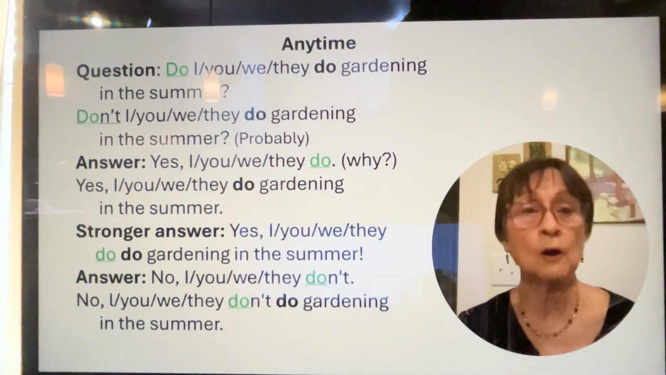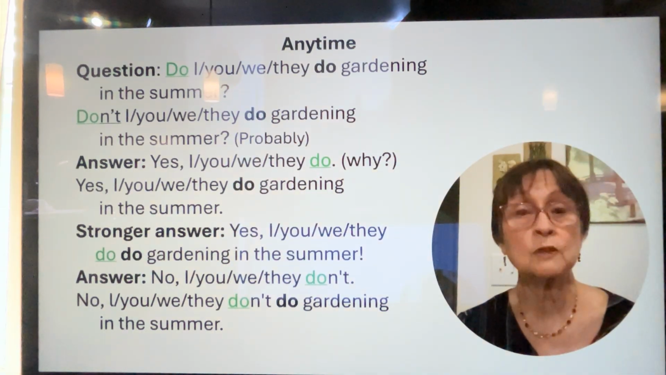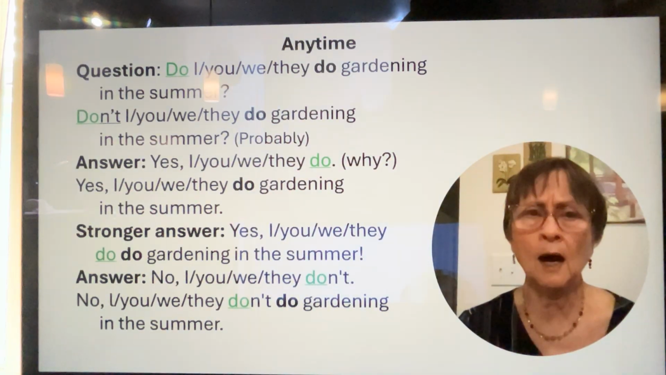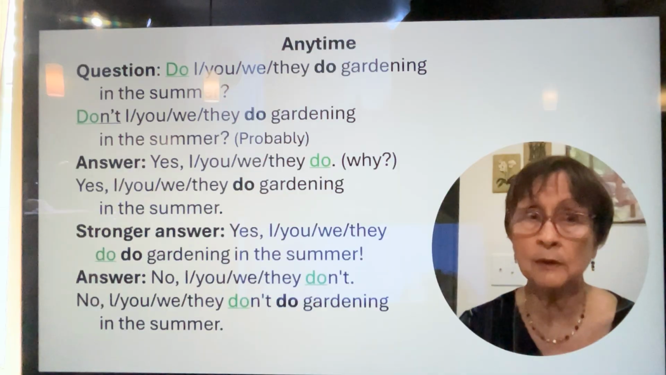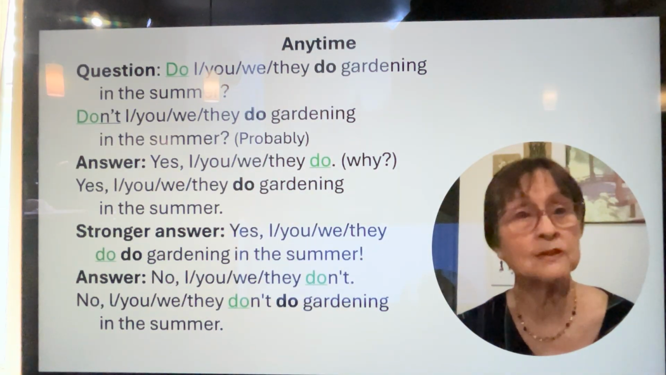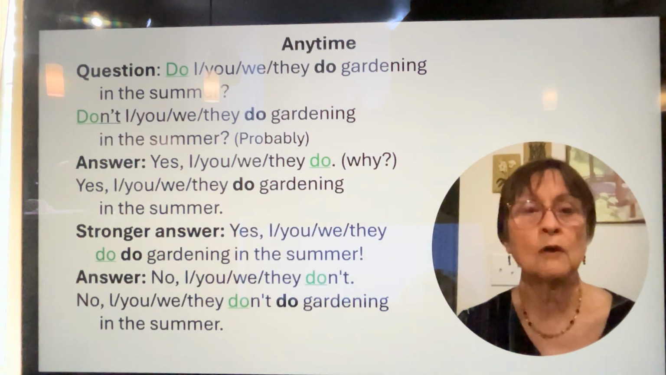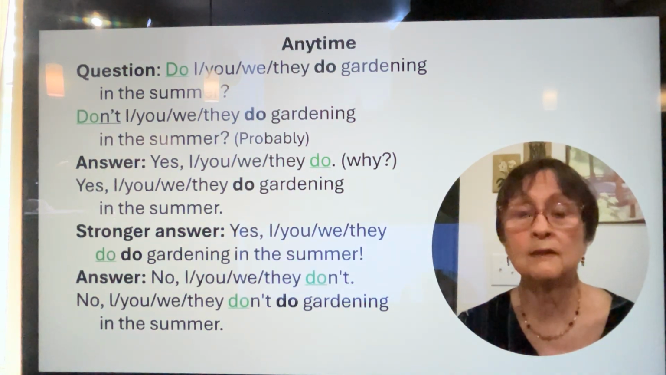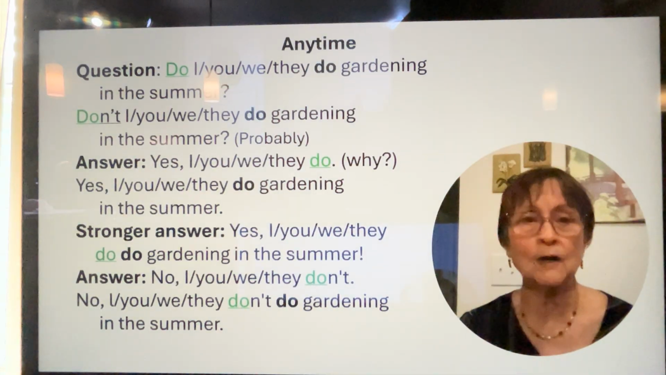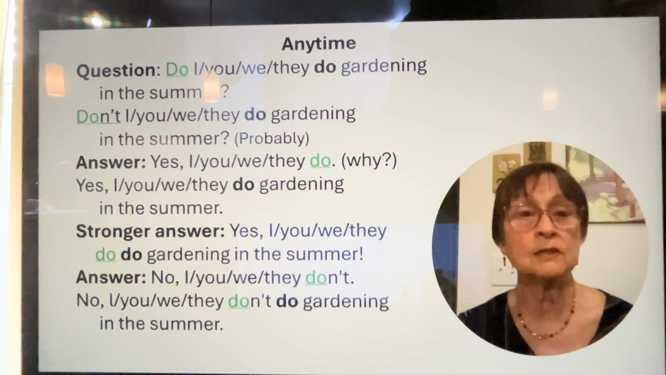If I use don't, it suggests that I already know the answer is yes. The answer is probably yes if I use don't as the first word. Don't I do gardening in the summer? Don't you do gardening in the summer? Probably yes. Don't we or don't they do gardening in the summer? Probably yes. So you answer either question, if the answer is yes,